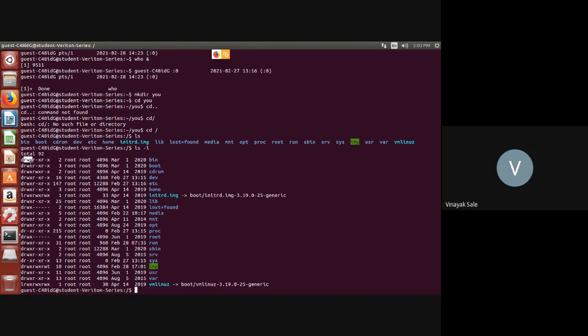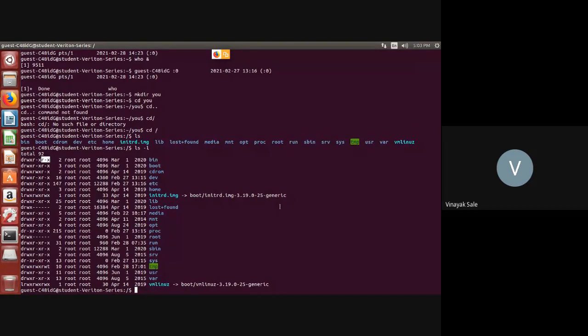In this directory, there are three groups: owner, group and others. The first three characters indicate the permissions for the owner: read, write, execute. The next three characters are r dash x, that is only read and execute. There is no write permission. Then for the other group also there is read and execute, with no write permission.